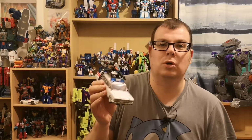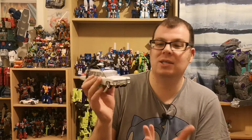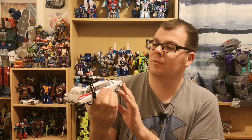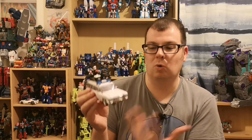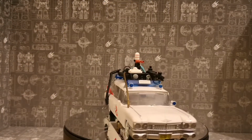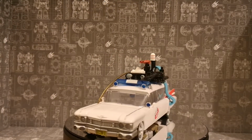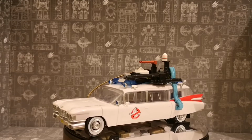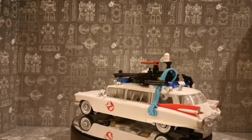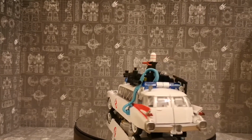And here is Ectotron in his lovely and wonderful alt mode. Yes, the Ecto-1. And if you're looking at this from a distance, you'd probably think it was one of the Diamond Select models or the Hot Wheels that have already done this in the past in this scale. It's so well done, you wouldn't even notice a Transformer unless you flipped it up to see this. But even at that,